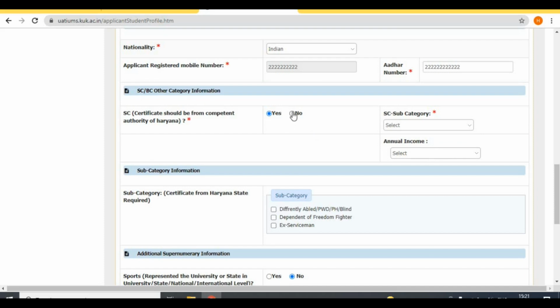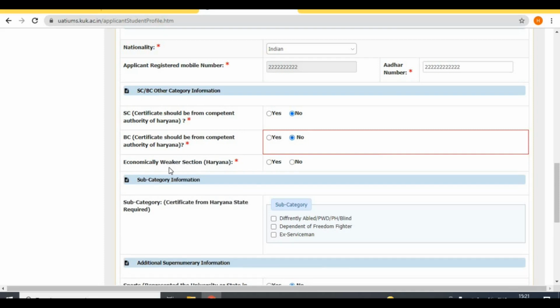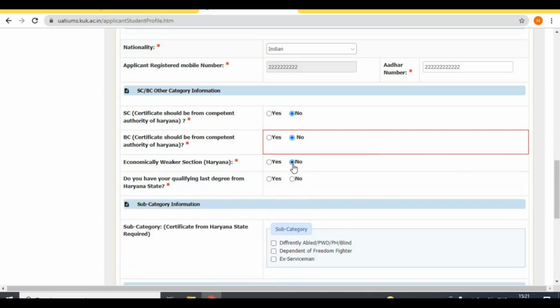And if this option is no, then it will ask you for the BC category. If you belong to the BC category, then click on yes, otherwise click on no. Next, it will ask you about the economic weaker section of Haryana. If you belong to the economic weaker section of Haryana, then click on yes, otherwise click on no. Now, it will ask you whether you qualified your last degree from Haryana state.